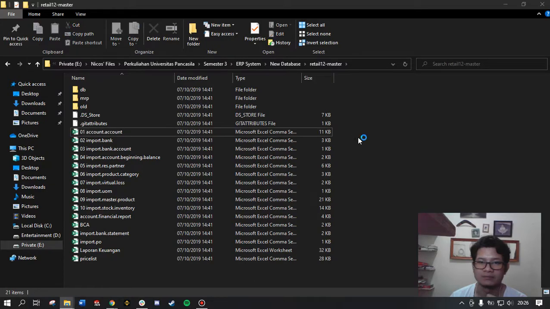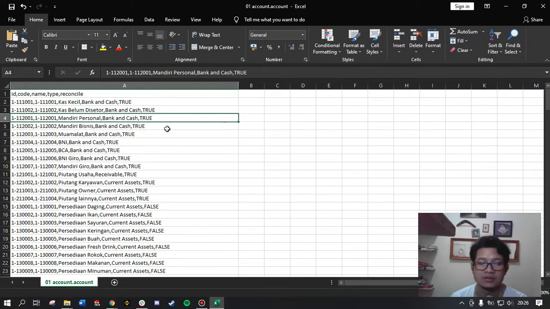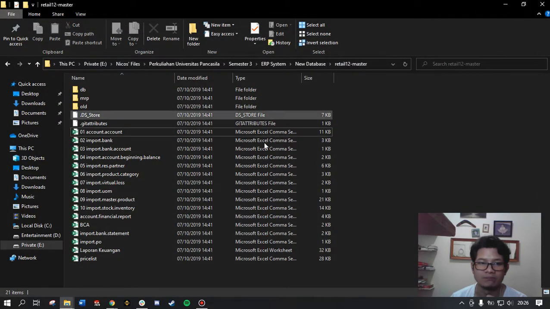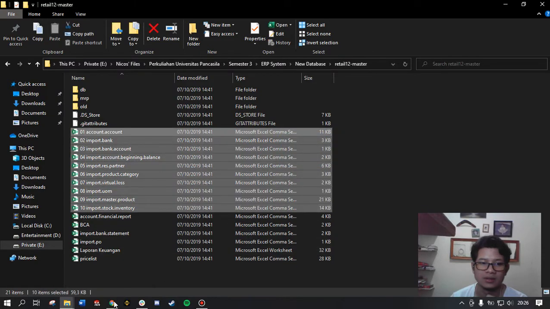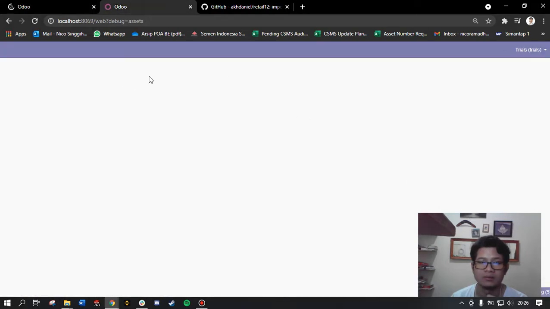Wait a minute, it's kind of laggy, and I'm using a dual core Intel, so it's probably going to be like this. It's only put into one cell and separated by commas only, which is really hard to manipulate in this kind of case. So that's it. This is the data that I want to import, and I already prepared the... wow, it's taking a long time. I'm going to wait until it